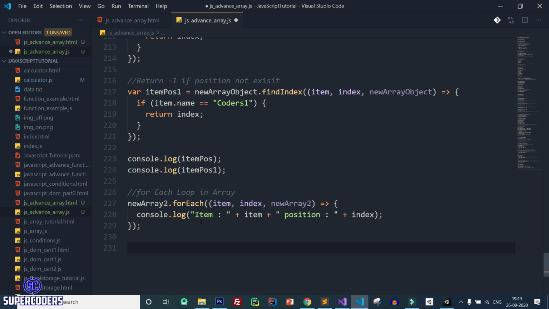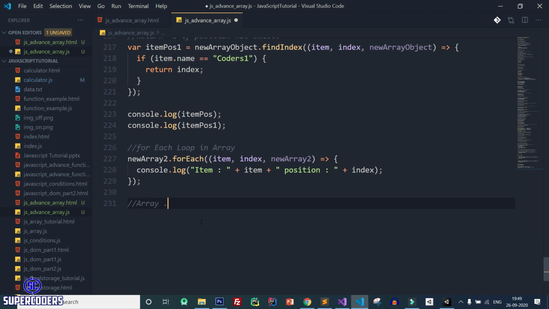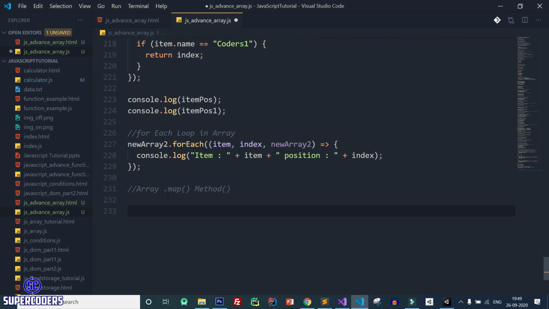Now instead of forEach, let's work with the map method. So let's see the array dot map method. So let's see what is the usage of this. It will return a new array. Meaning if you use the .map method, it will work with each item of the array and return new array data. So if you want to work with the same array but want to make some modification of each item in the array, you can use the .map method to work with each item of the array and create a new array from that item. So here let's see how we can do this.